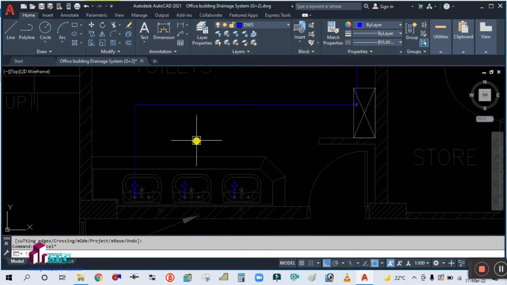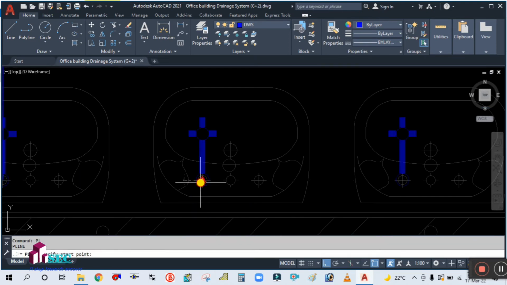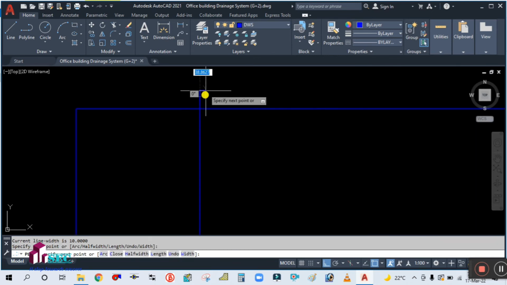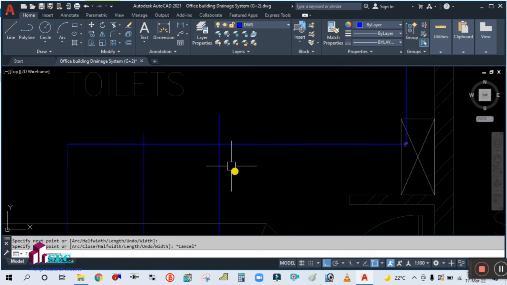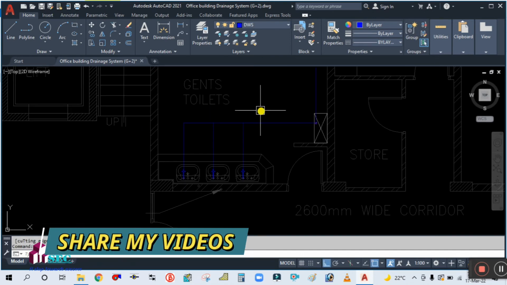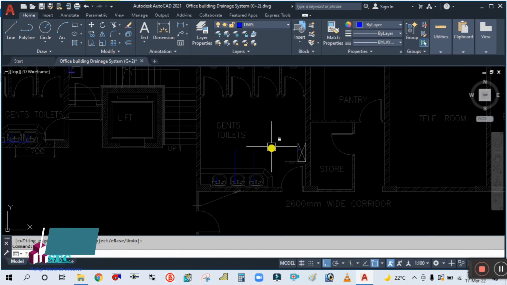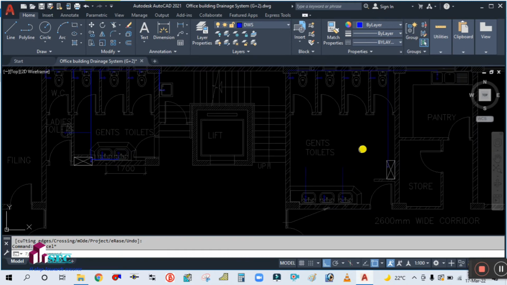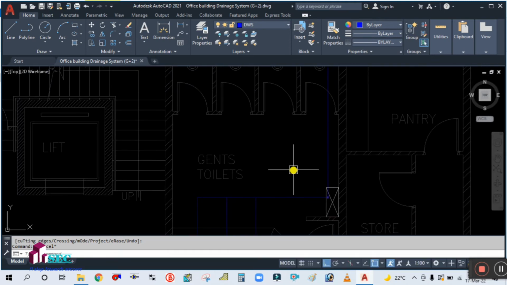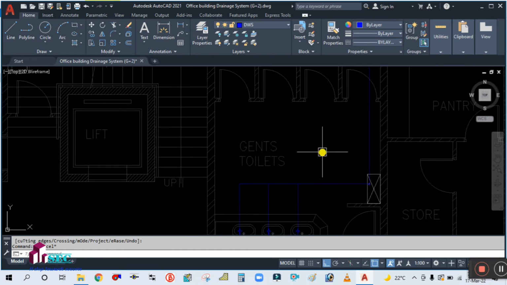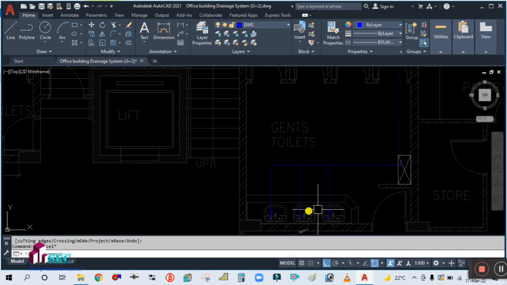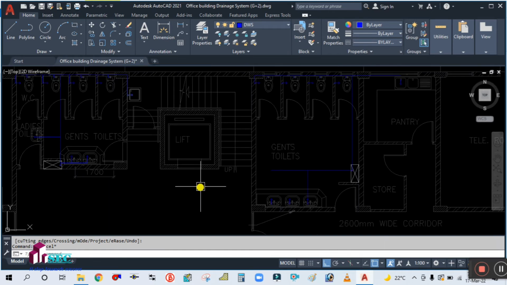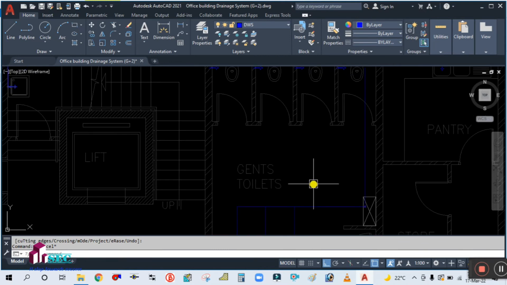Okay, use polyline command again from here to here, connect all this. Okay, and now use TR double enter to trim the extra line. So this is the domestic water supply for the ground floor. Similarly, we have to do it for the first floor as well, and then finally we have to do the pipe sizing as per these fixtures. Okay, then we will do this for the hot water supply. Okay,